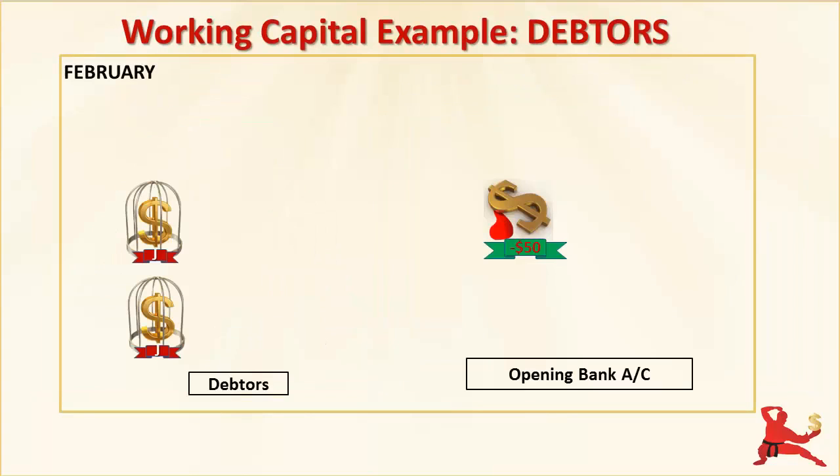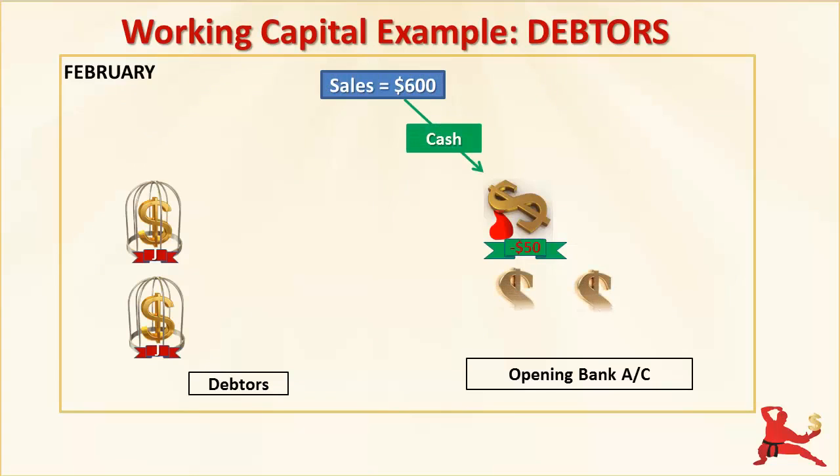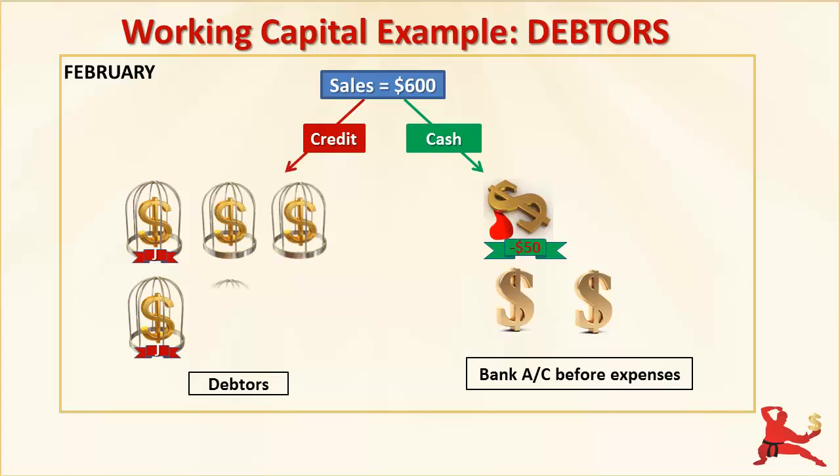Now we are in February. The business is growing really fast. We double our sales this month to $600. $200 is received in cash. $400 is on credit terms, so our trade debtors are now at $600, $200 from last month, and the additional